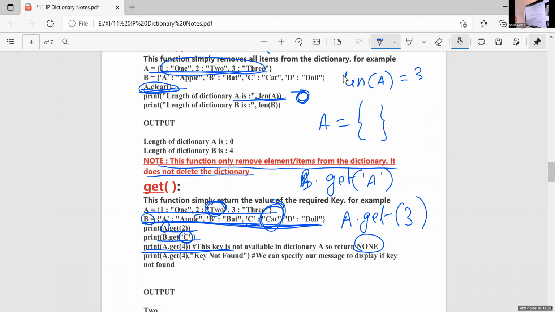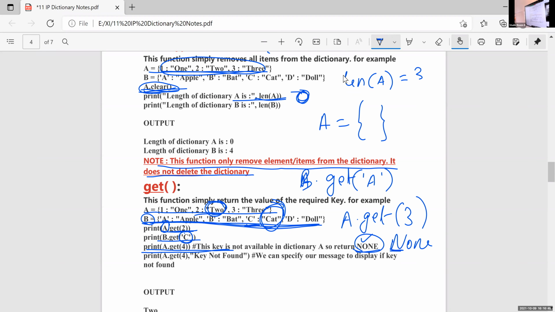Then what is the result? The result is none. It is not error. It will return none. It is not in the form of none. How we can write none? Like NONE. This case is correct. How is the case representation in Python? In the case of none, it is NONE, only N is capital.